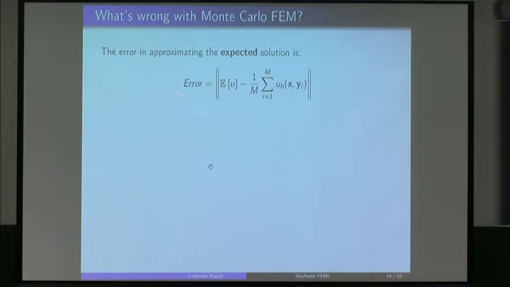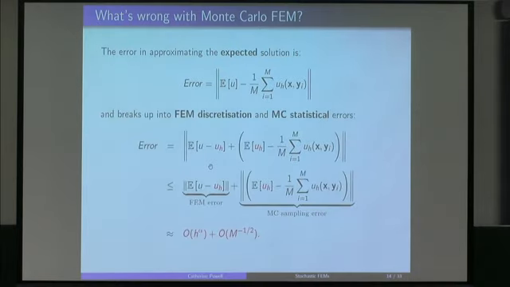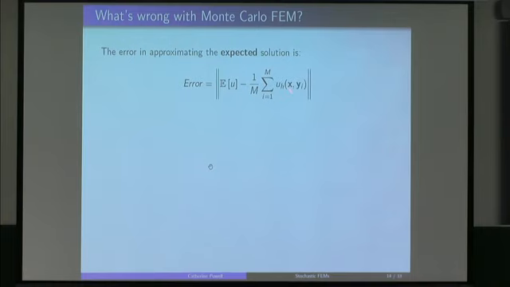So, a very, very simple scenario. Let's say all I was interested in is estimating the expected value of something, U. So U is the solution to my real PDE. Forget about the fact there's the real world as well, but just the expected value of the true solution to the PDE. What I'm actually computing is this quantity here. So if y_i is my ith choice for my input parameters, by choosing i, I create one sample of my input parameters. I run my finite element code as a black box to get this quantity.